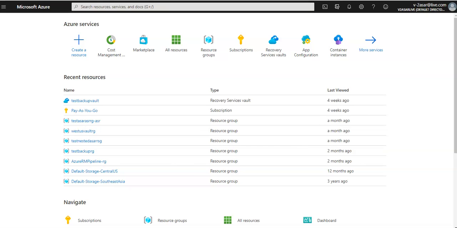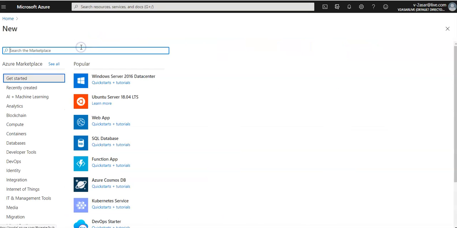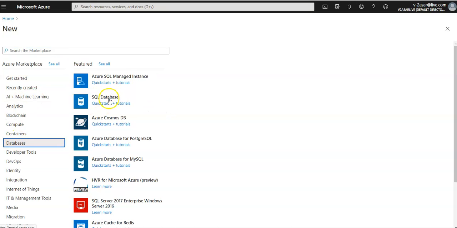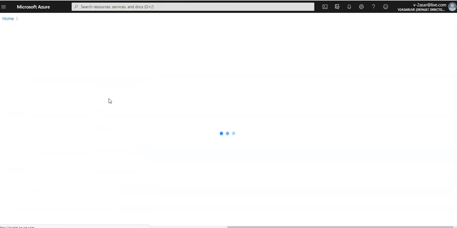You can create it using a PowerShell script or Azure CLI script, and then you can query the database using Query Editor in the Azure portal. If you do not have an Azure subscription, please go ahead and buy one. If you do not want to buy one, you can also create a free account, and after that we can create the SQL database. So you click on databases, and then click on SQL database,